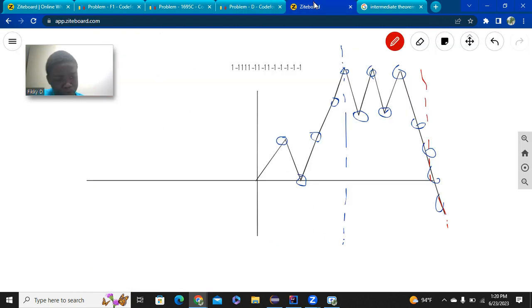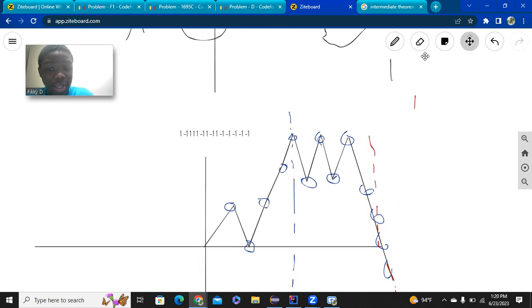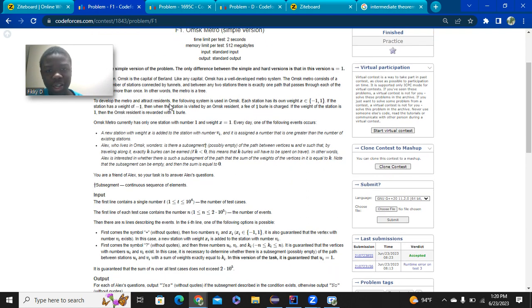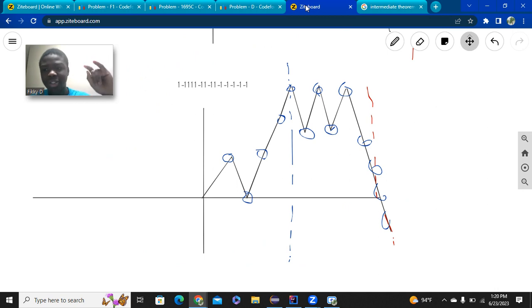But yeah, so you notice that this is just continuous for all. I think you get the point. And that's pretty much it. In this question, you have the same thing. You have ones and negative ones, and the idea is that you're trying to see if a subsegment sums up to k. Same idea. If you know where the max occurs and you know where the min occurs, cut the interval there, and you can achieve every value in that range. And then you say, is k in that range?